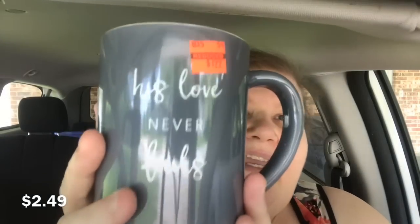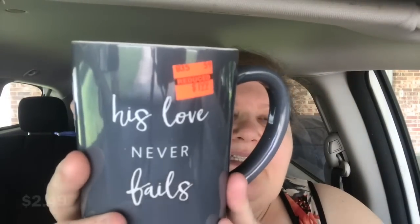I love this one. The size, the shape. This is what I'm talking about. More like straight sides, flat bottom kind of coffee cup. I love the size of the handle, and I absolutely love what it says. And I kind of got this for Jim. Not because it's gray. My house is primarily gray with black and white and red accents. But